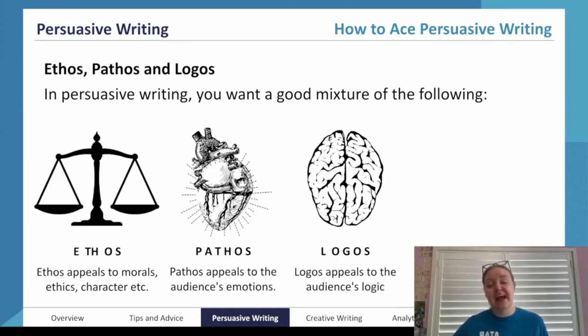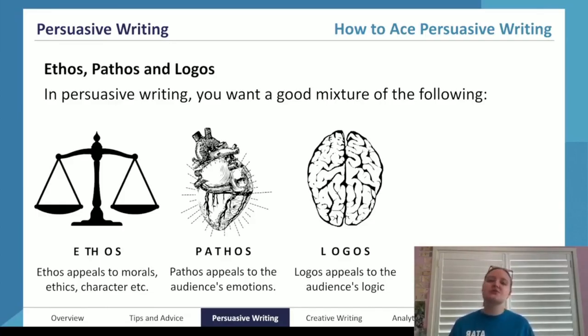And then finally, logos. And logos is all about logic. It's the data, it's the numbers, it's the statistics that surround this topic or idea. And it's really important to know that every single person will connect to these different techniques differently. I'm very much a pathos person. I respond to emotion the best. That's how you persuade me of something, just to give you a little peek behind the curtain. But in terms of my older brother, he is absolutely a logos person. He needs data, he needs statistics in order to be persuaded.